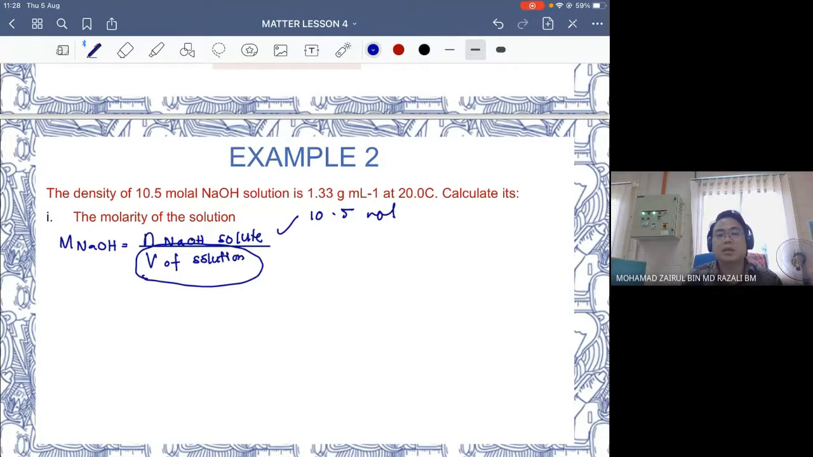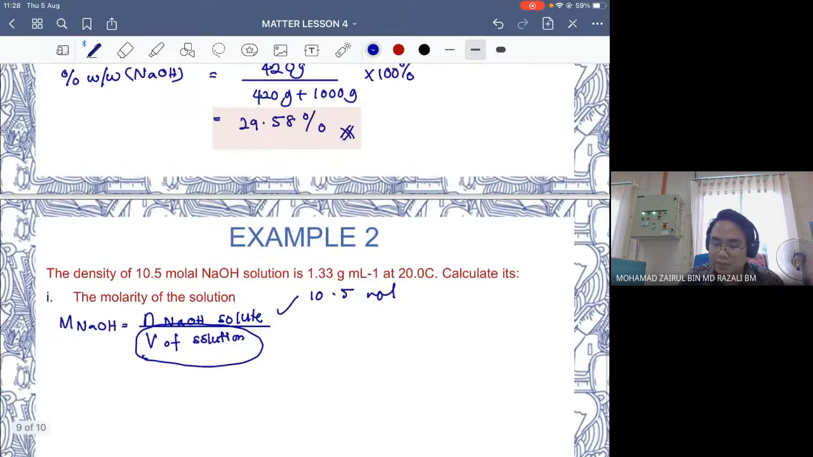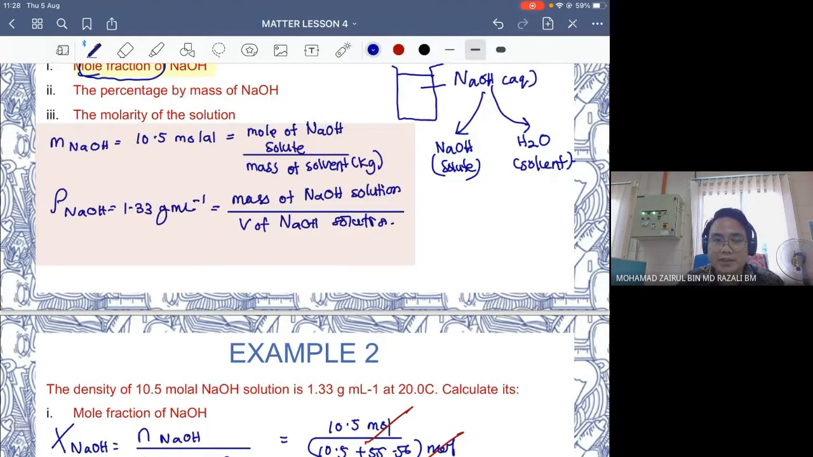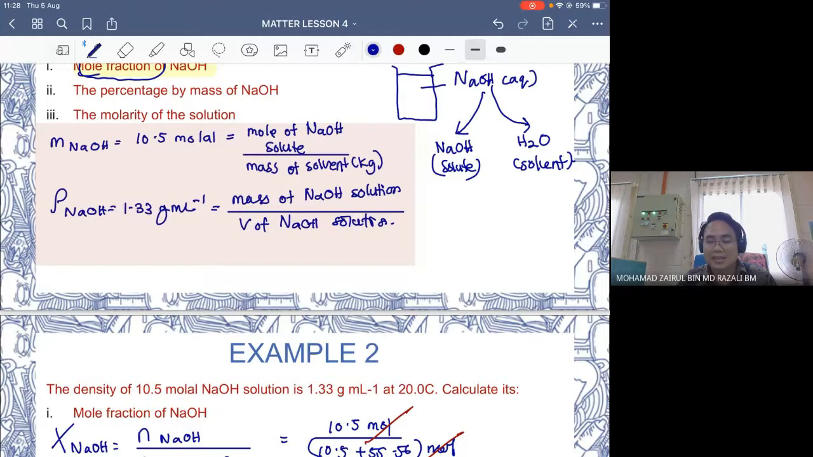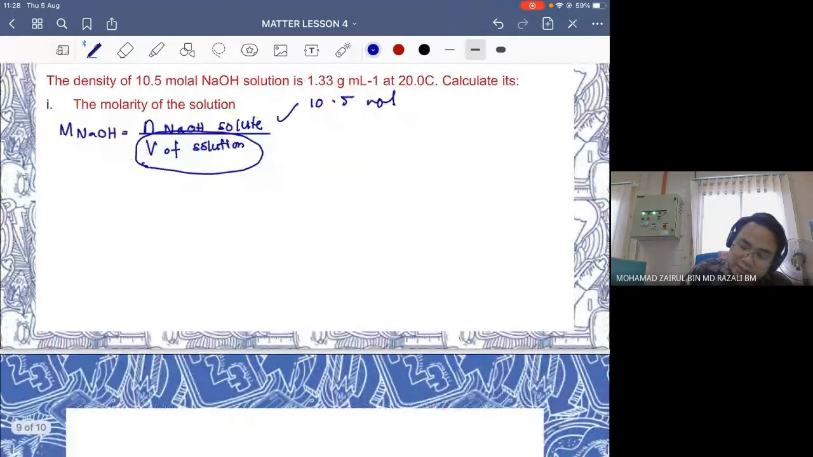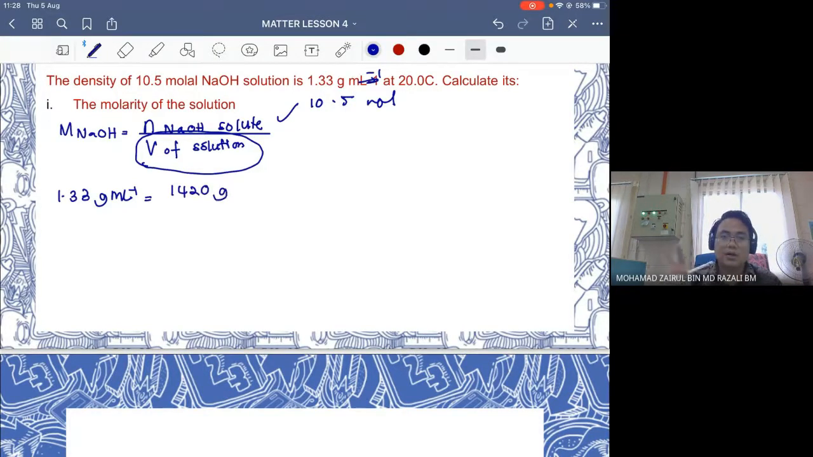However, we still need to find the volume of the solution. Okay, daripada mana nak cari volume solution tu? Kalau kita ada daripada dua ni, daripada mana? Density? Density. Yes, correct. Density, because the mass of solution kita dah ada. So density is 1.33 gram per ml, is equal to mass solution is 1420 gram, yang mass solute tambah mass solvent tu, over volume solution. So the volume is 1067.67